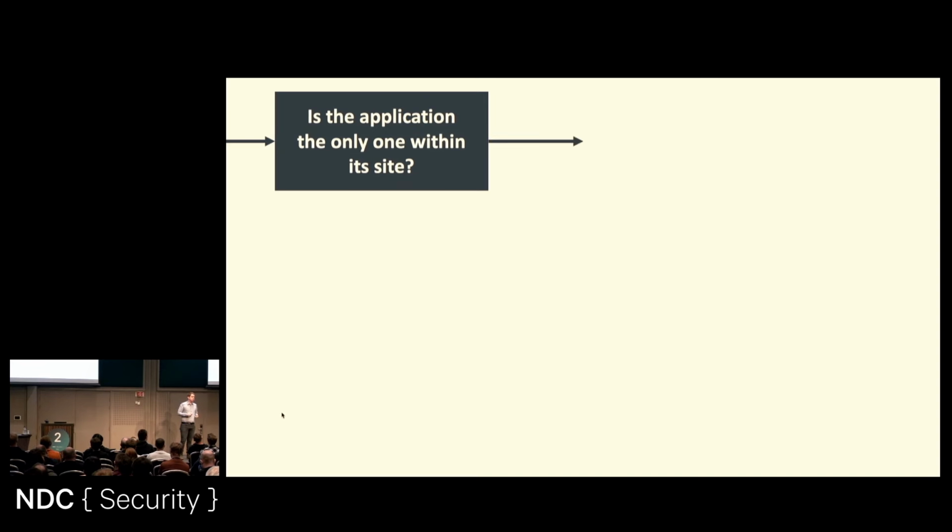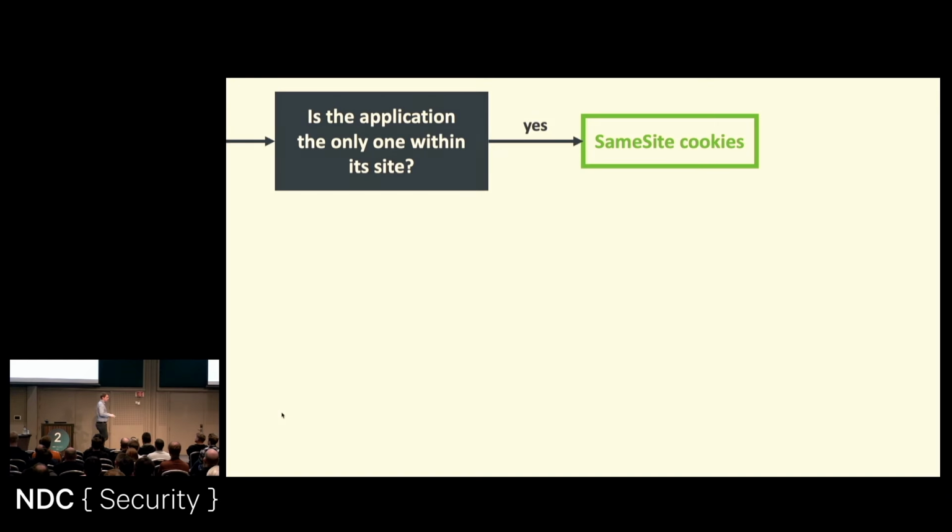Then you can use same site cookies. Why not? But only if you can guarantee that there's nothing ever same site that might be controlled by the attacker. And the application itself doesn't count, because if the attacker can control the app, well, CSRF doesn't matter. They can just send whatever they want from within the app, and you're done anyway. So cross-site scripting trumps CSRF in that case. All right? In many cases, this is not true. In many cases, you will have additional properties within the same site, like the eTLD+1. And in that case, you have to